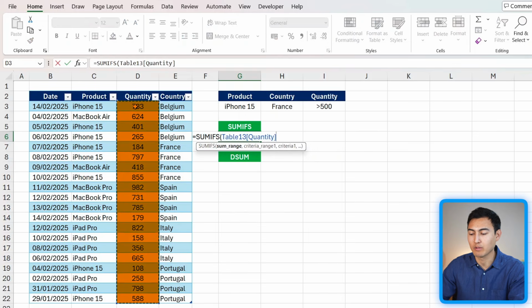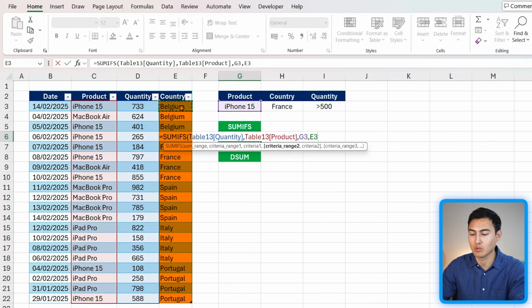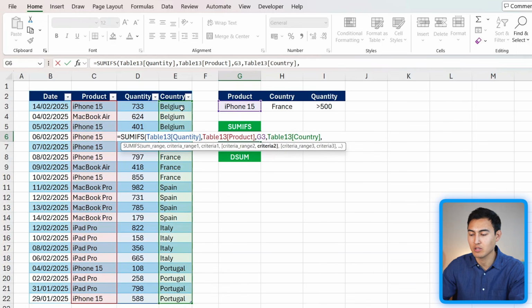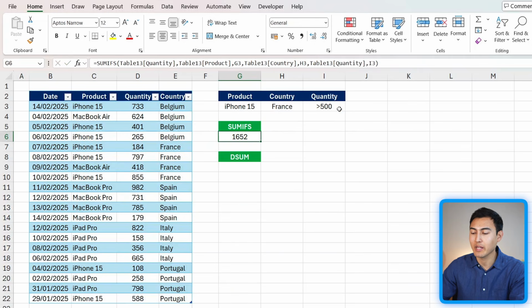So we're summing all of the quantities, comma, and let's say the first criteria is that the products over here have to be equals to the iPhone 15, comma, then we move on to criteria range number 2, which is the country. So this country area down over here should be equals to the country of France, comma, and the third one is that the quantity, so this same quantity column has to be greater than 500, close a parenthesis and hit enter. So that's the answer we get, and now let's see if we can do it even more easily with the